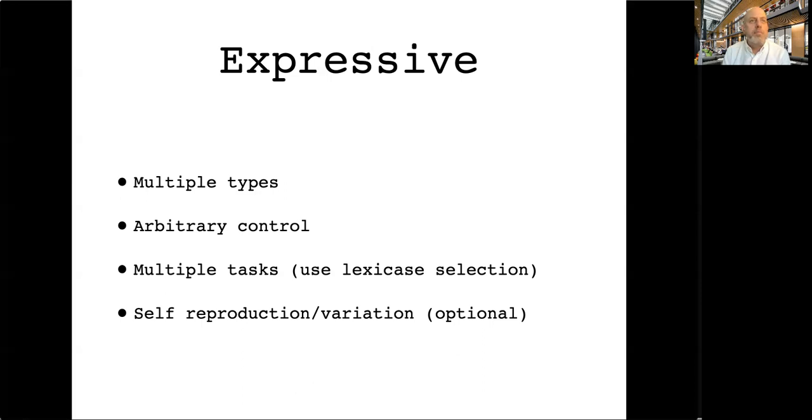How do you do mate selection, and so forth? The fact that a push program can, among other things, produce and manipulate code allows you to do some fairly exotic things with evolving self-reproduction and variation methods. Again, this is kind of metagenetic programming. And I'll talk a little bit about a particular kind of that called autoconstruction later in the talk. Again, though, you may want to use push for reasons that have nothing to do with that. Just if you want to evolve programs that might make use of multiple types and arbitrary control and perform multiple tasks, then I think you want to check out push, even if you have no interest in evolving the reproduction